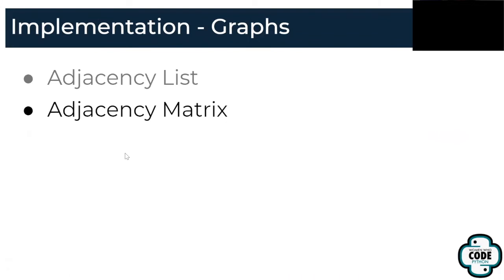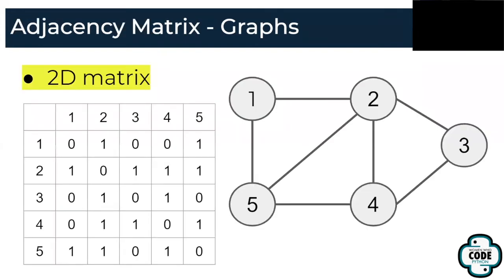Another implementation of a graph is by using an adjacency matrix. An adjacency matrix is a 2-dimensional matrix, and we write out all the nodes in the first row and in the first column. The first row will be the starting node, and the first column will be the